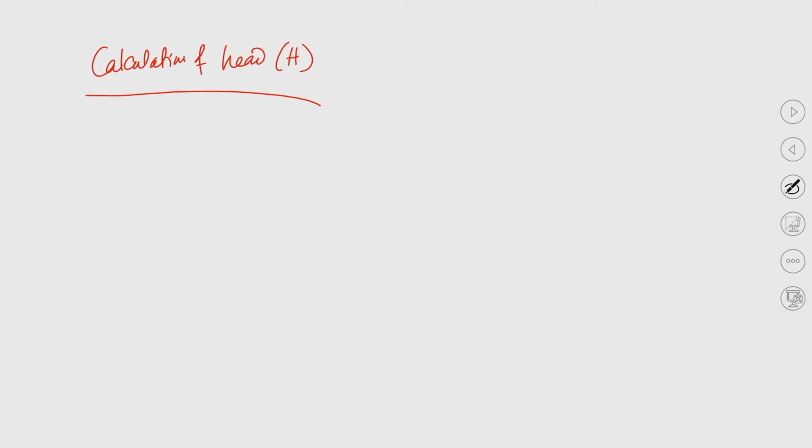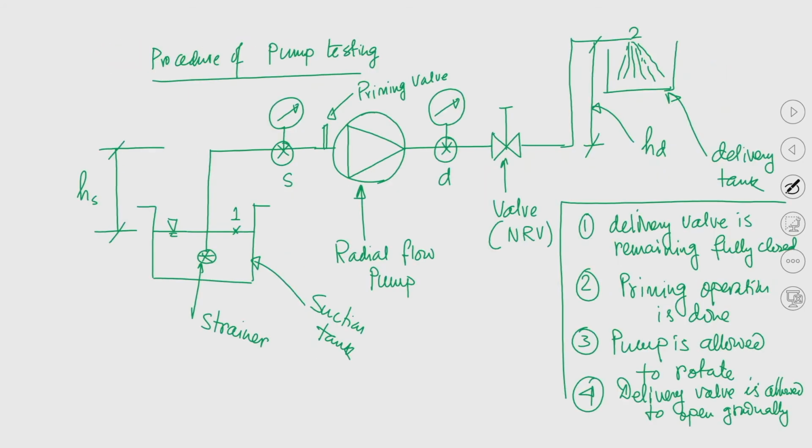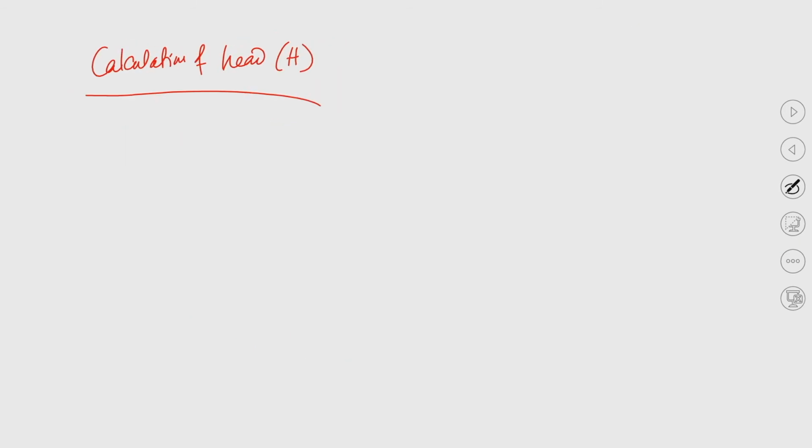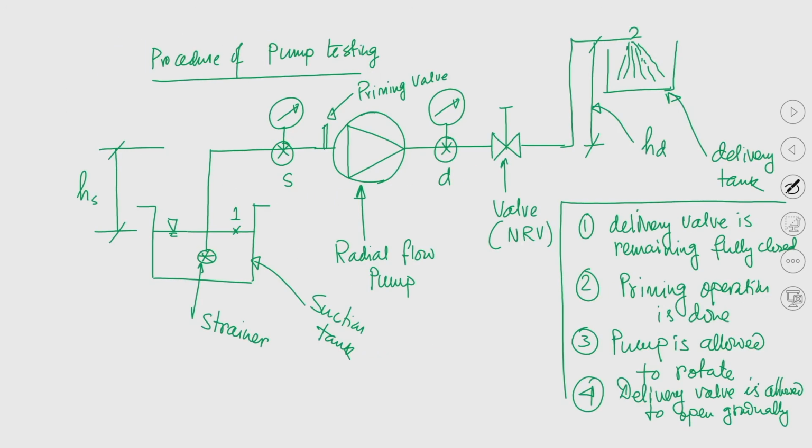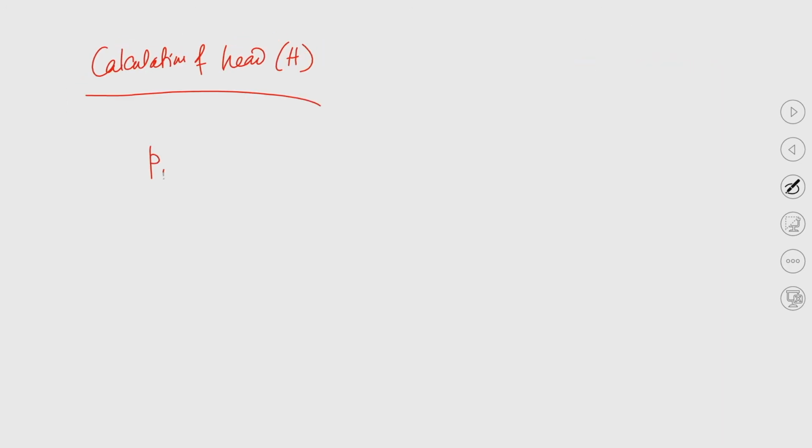I apply the steady flow energy equation between points 1 and S, considering this as the datum. So we can write P1 by rho g plus V1 square by 2g plus 0, that is datum, equal to Ps by rho g plus Vs square by 2g plus Hs plus